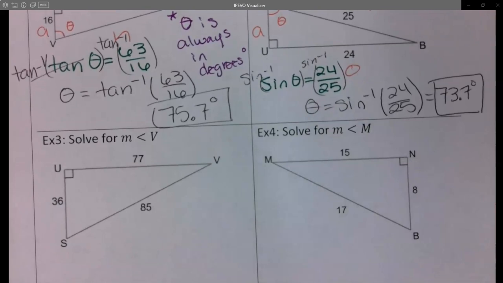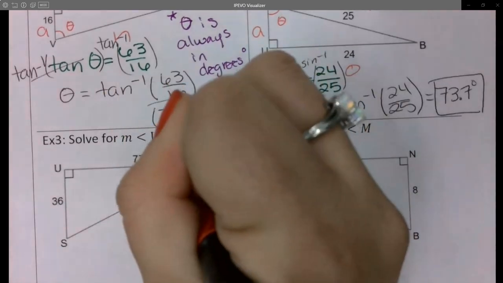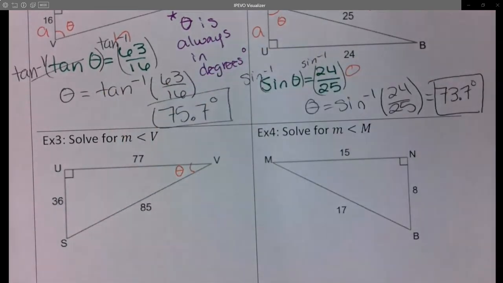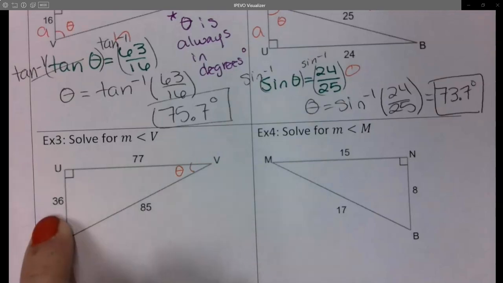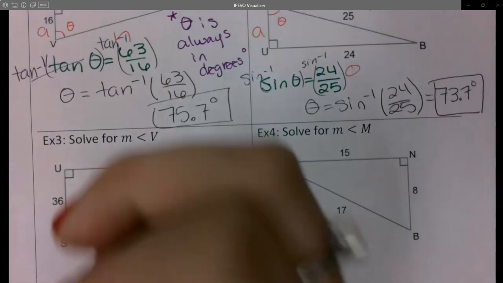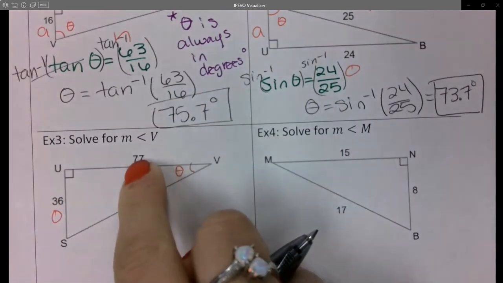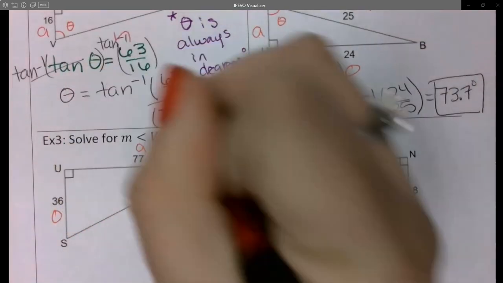Number 3 wants me to solve for angle V. So V is the one I care about. Then I want to go ahead and label. So 36 is, 77 is, 85 is,